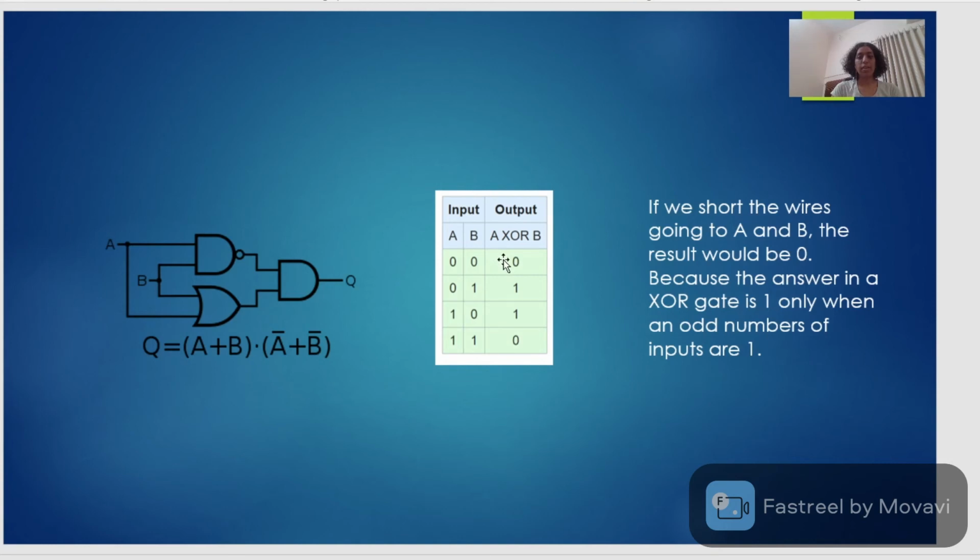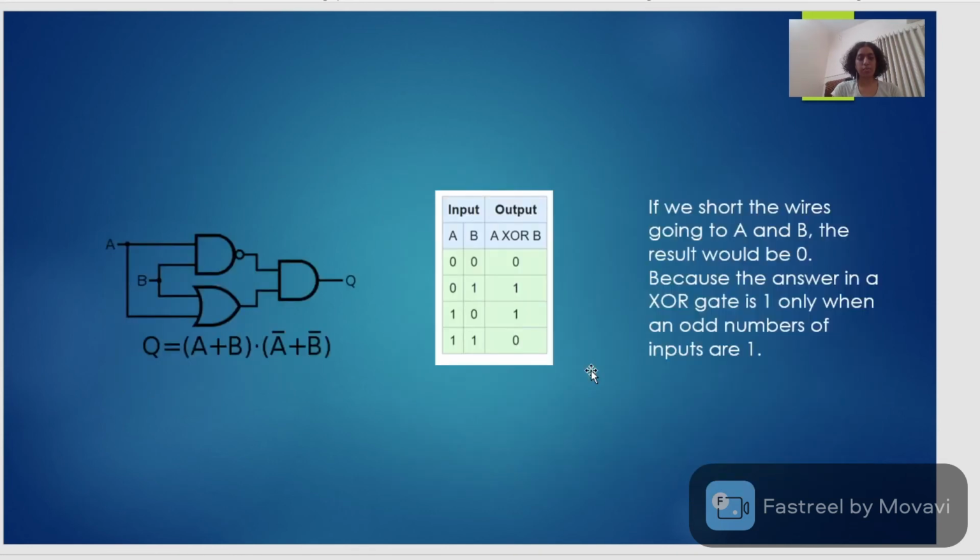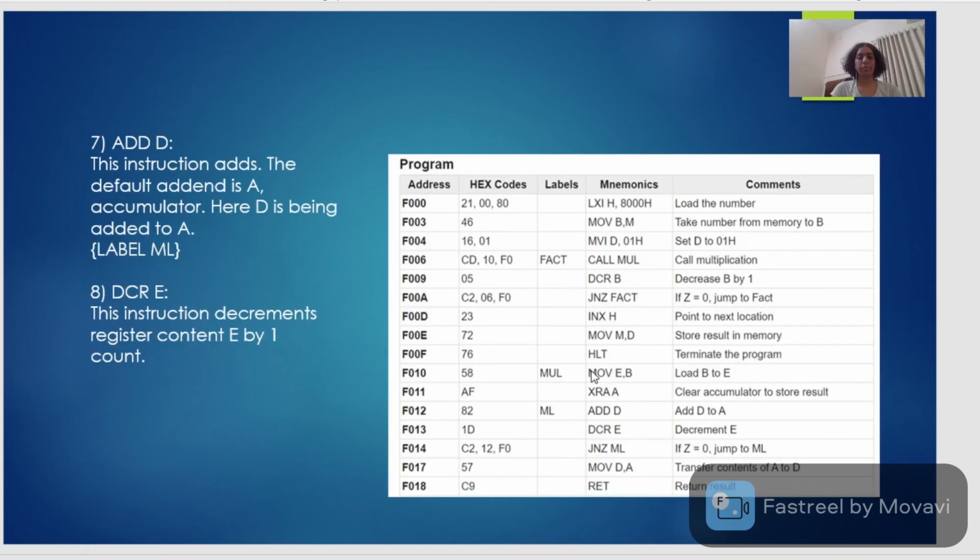So when we do XOR of A with A, the answer is 0. So here we have written clear accumulator to store result, XRA A. After we do this instruction, the accumulator will be cleared and its answer will be 0. That will be stored in the accumulator, that is register A.